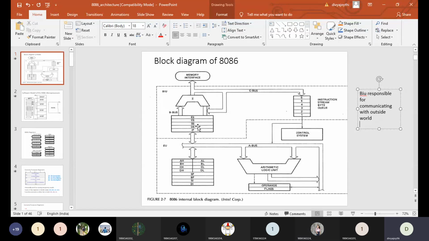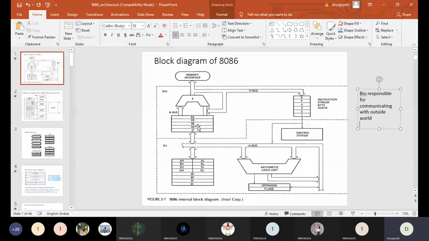So just like the library is segregated into different rows, in the same way the 1 MB of 8086 memory is being divided into 4 segments. Why is it divided into 4 segments? What is the advantage of dividing the entire library into 4 rows? Because the student can get into the library, first go to his department, and then search for the required book.